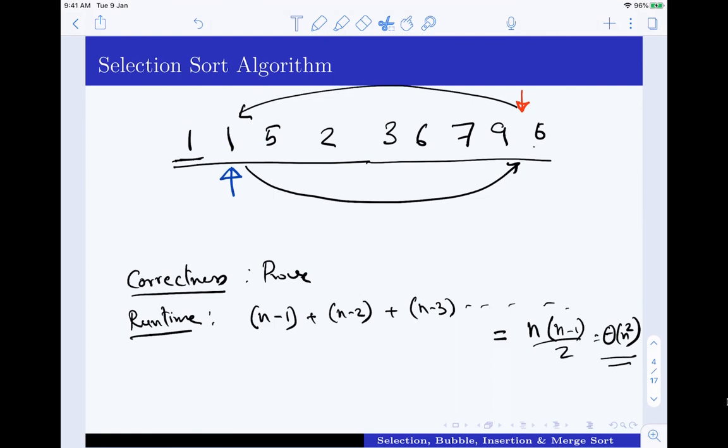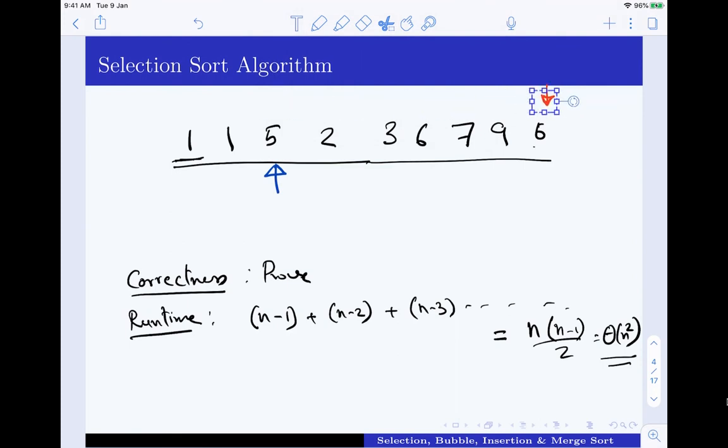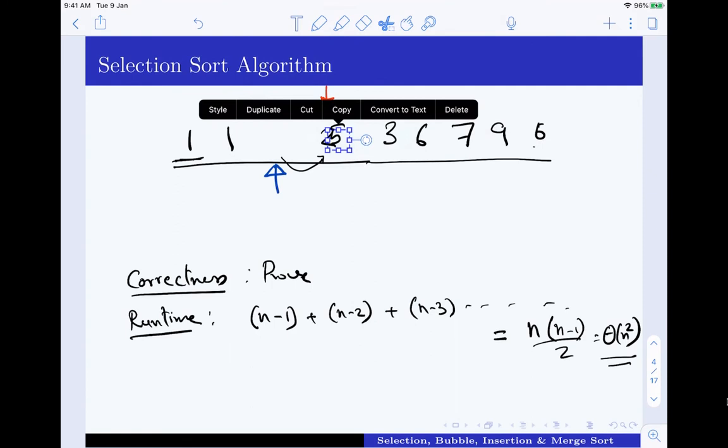right? And that's what I have done, and I will remove all other things and I move the blue pointer to the next one and also the red pointer to the same place. And now again I will go and find the minimum one. I'll go over the whole set and, okay, this 2 is the minimum, and then I will swap these 2, right? So in other words, I will take this 5 and put it over here, and take this